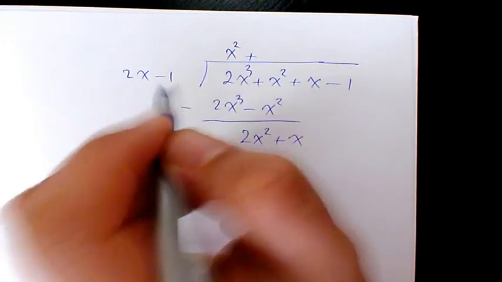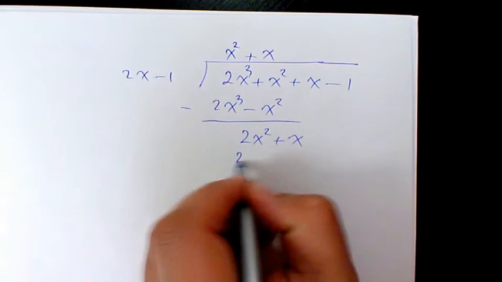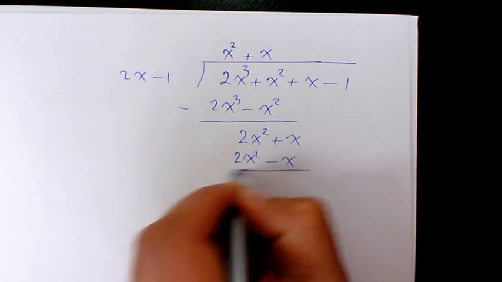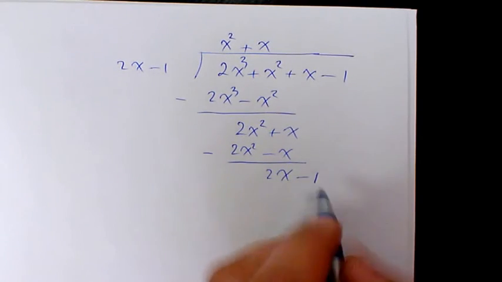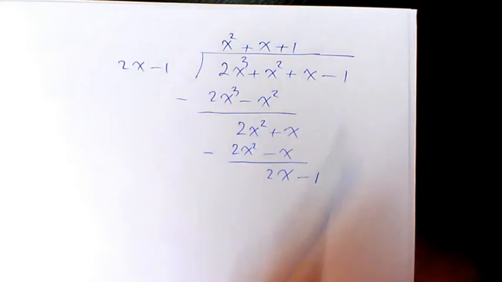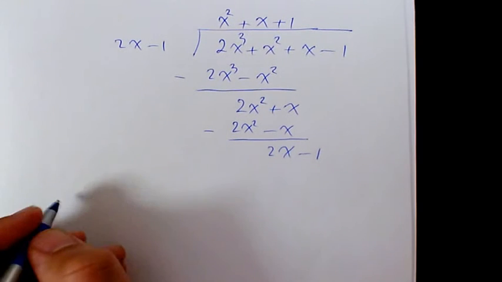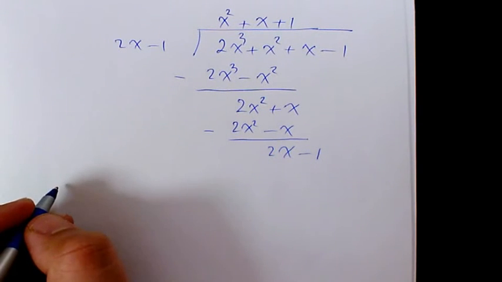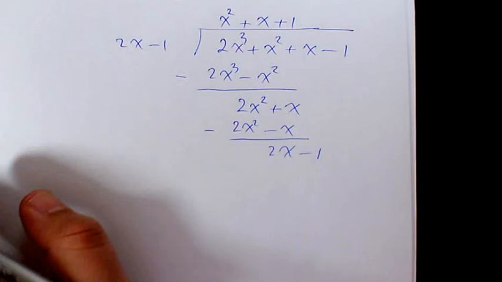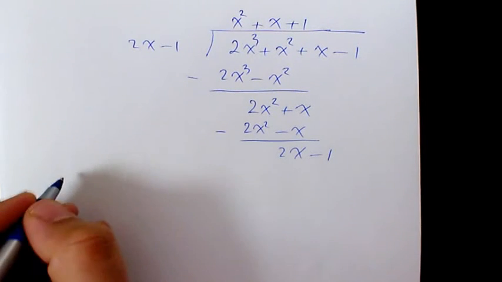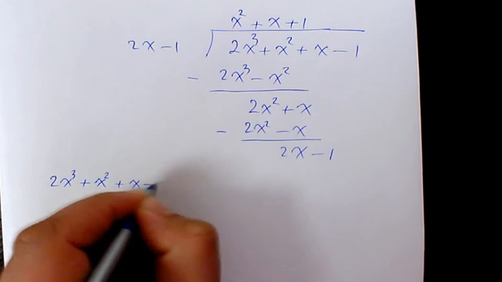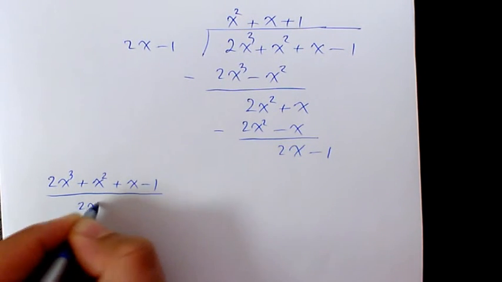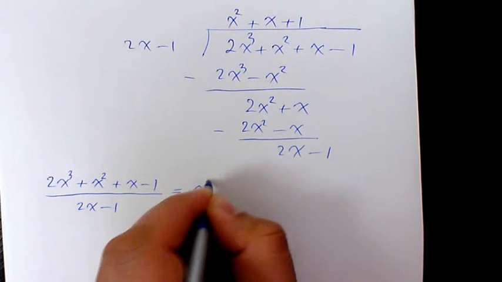You have x in here. When you multiply, it's 2x squared minus x. When you subtract, these two cancel out, and we have 2x minus 1. 2x minus 1 divided by 2x minus 1 is going to be just 1. So 2x cubed plus x squared plus x minus 1 divided by 2x minus 1 equals x squared plus x